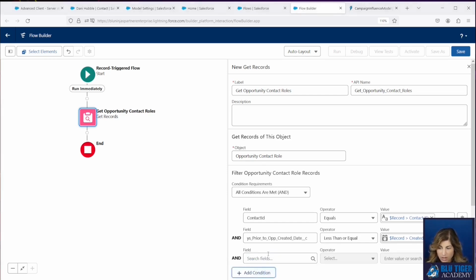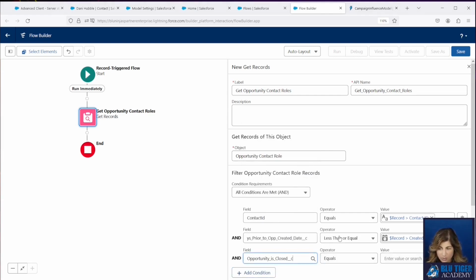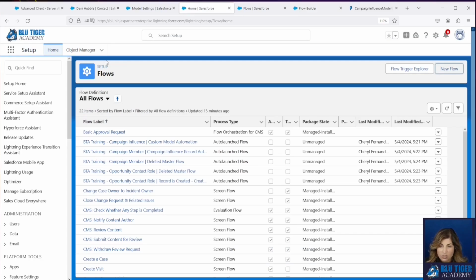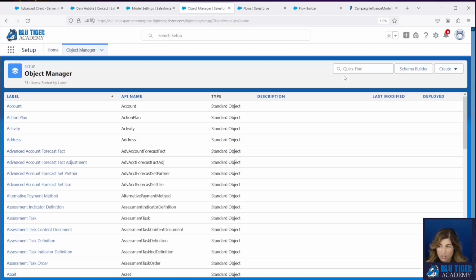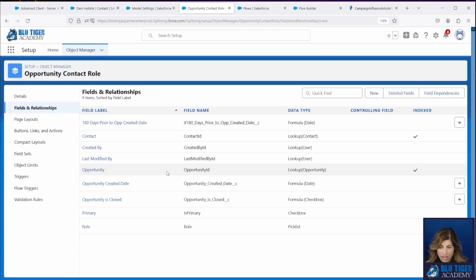And then we also have one other condition we want to check for, which is: is the opportunity closed or open? This is a formula field that we have in the opportunity contact role. You can go to your object manager, go to the opportunity contact role, and create a new formula field that's a checkbox.